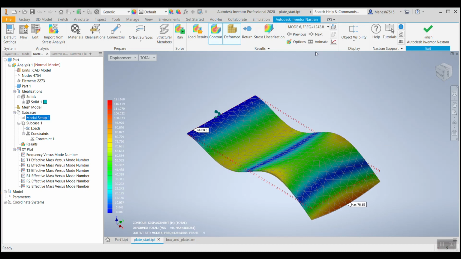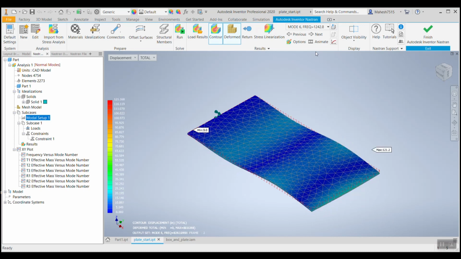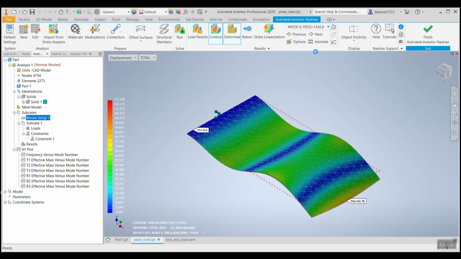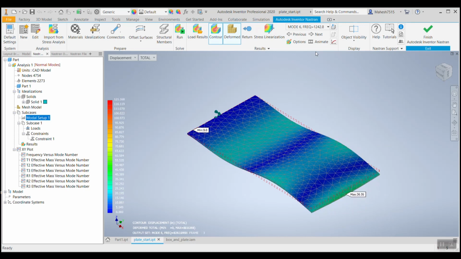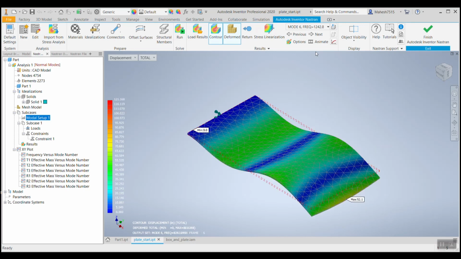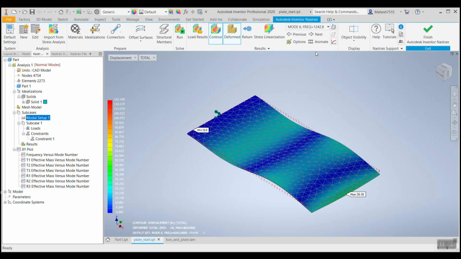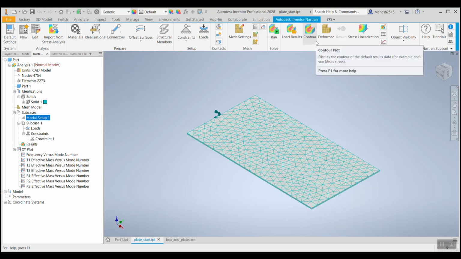So with this, we might come to a conclusion that mode 4 or 5 will be the maximum frequency for a particular model which we have created, and between these 45 and that 285, we can have a frequency of environment where this component can be used or placed. I'll stop the animation. We'll see XY plot results to identify the maximum frequency in the graph.